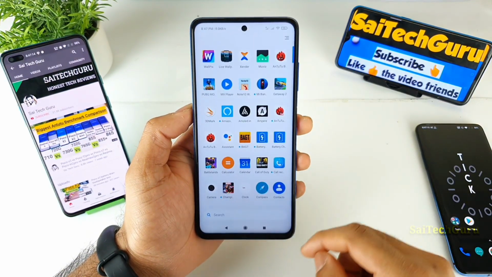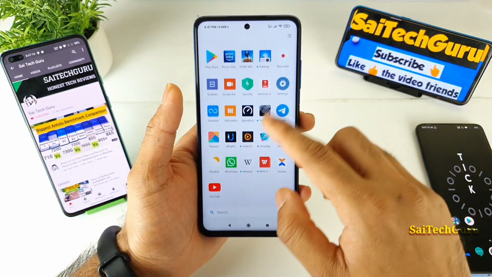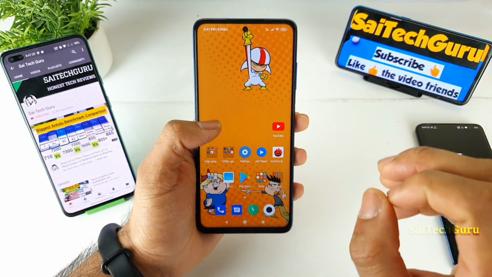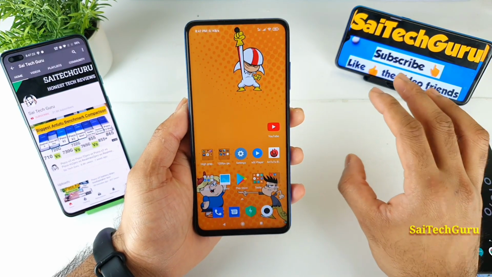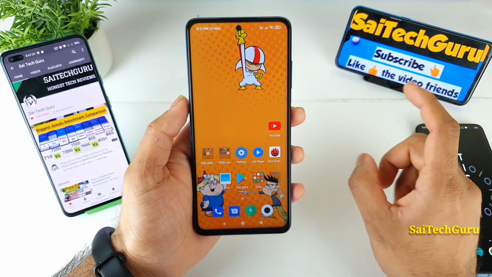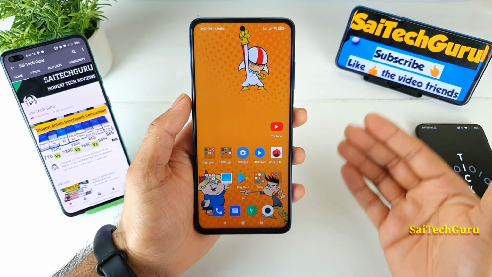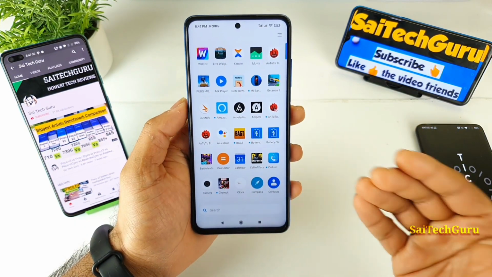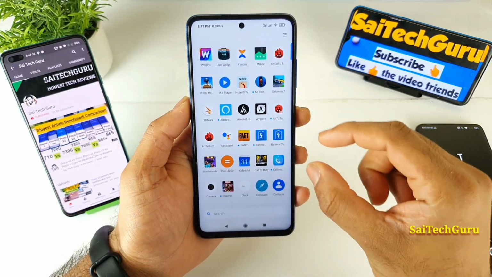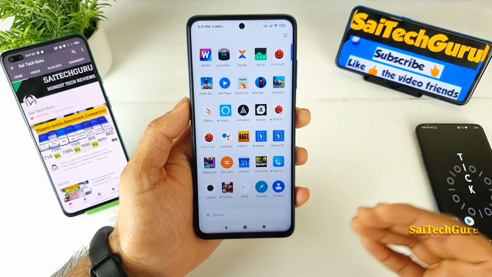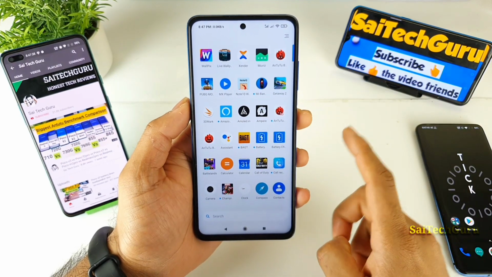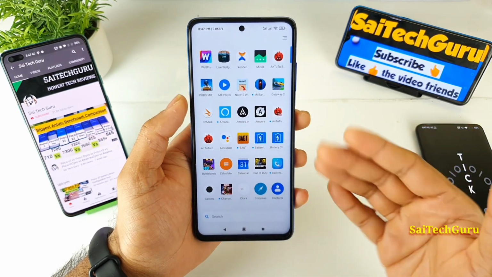Once you're done, just click the middle button. As you can see, you won't find any of those application icons here. You won't find the application icons, but you can find the applications in the multitasking. So there is another drawback of using this hiding apps feature. It only makes sense to hide the app icons, but if you receive any other notifications, you will still be getting the messages unless you hide the notifications for the applications as well.